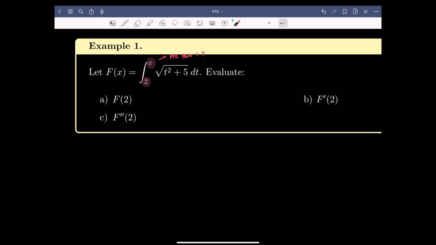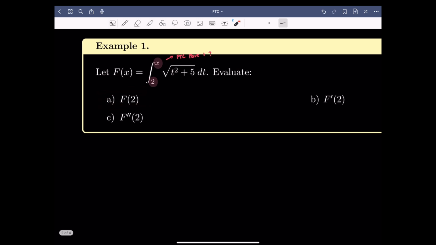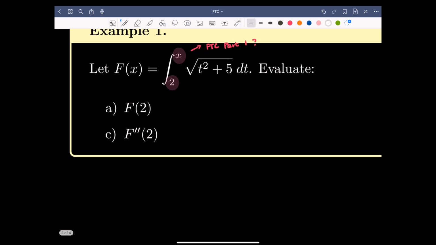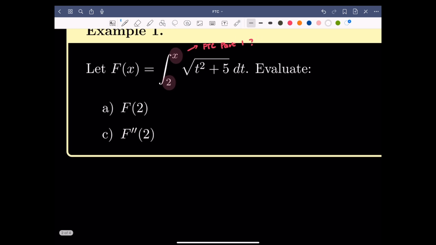Okay, so we have this integral, it's the square root of t squared plus 5 dt, and they ask you to evaluate f of 2. So now part A is asking you to evaluate f of 2, so you're not differentiating the whole thing, right? Because of that, we don't need to use FTC. So for part A, at least, we do not need to use FTC. So let's give it a try. So A,